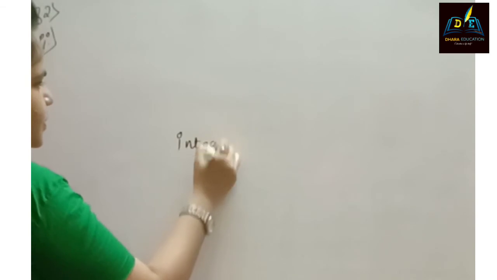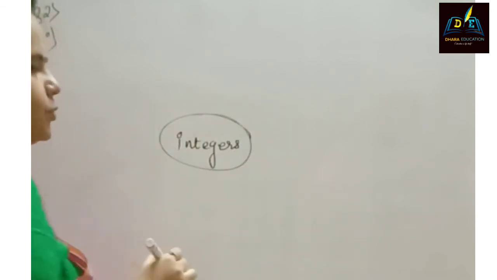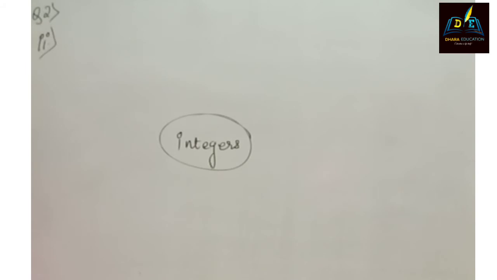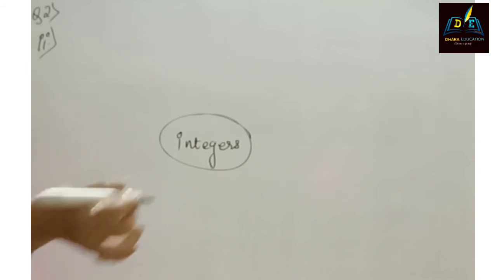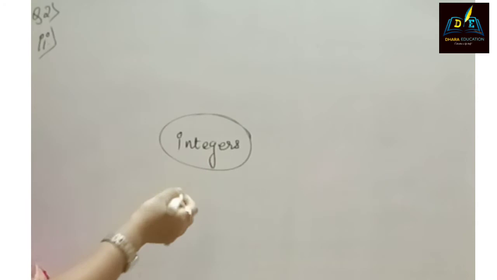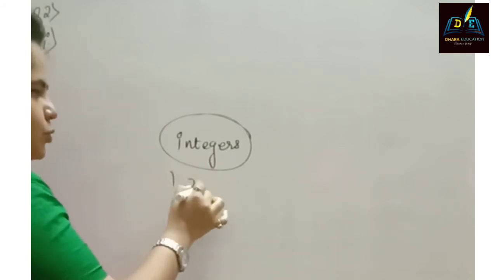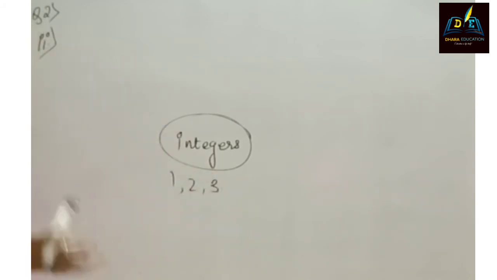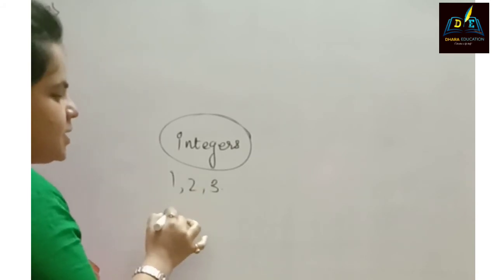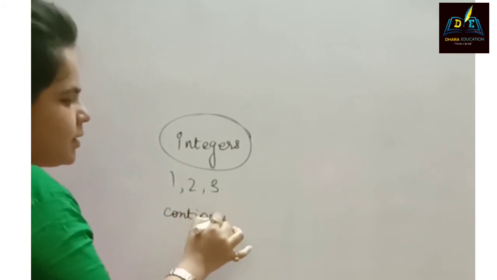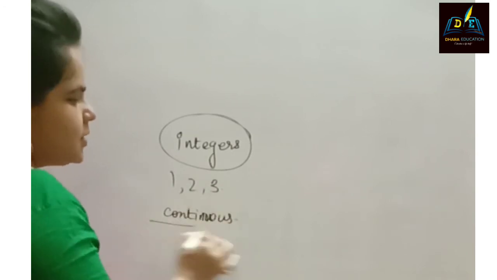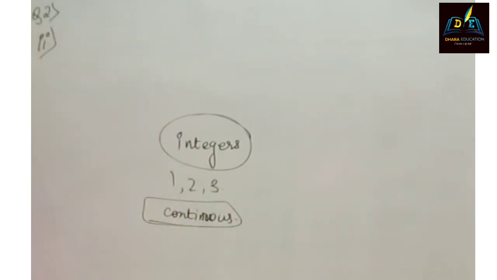So what do you mean by integer, students? Integer means what? Integer means 1, 2, 3, 4, 5, 6, 7, 8, 9, 10, this kind. They are talking about positive integers. Positive integer means the integers which are in the positive way, like 1, 2, 3. Okay. But before that, they have added one more thing, that is consecutive positive integer. It means what? Consecutive means continuous positive integers they are talking about. So I will just give you one clue on that.